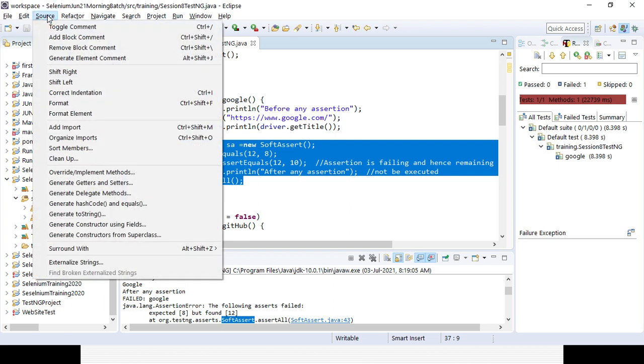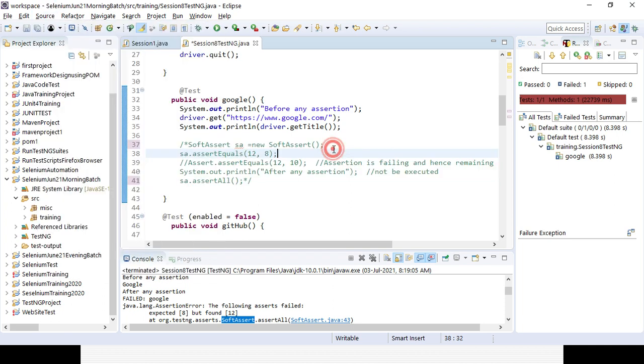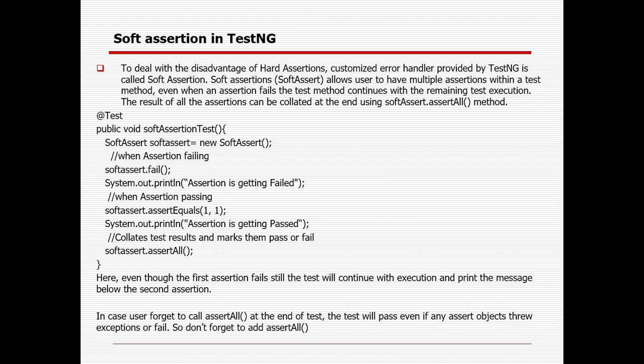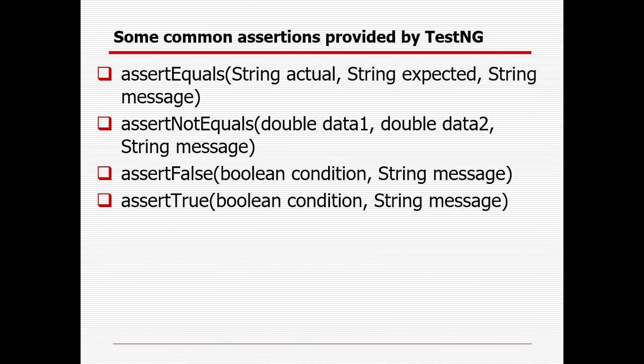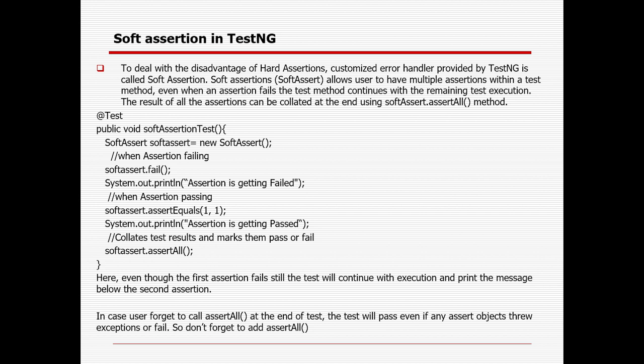Any questions? Is it clear? Two assertions, and whenever you are dealing with soft assertion, please be sure that you are creating an object for the instance, you are adding some more assertions, and you are using assert all at the last step, so that your assert will definitely be fulfilled and your test case will be failed, but you will not stop any execution for the remaining lines of code.